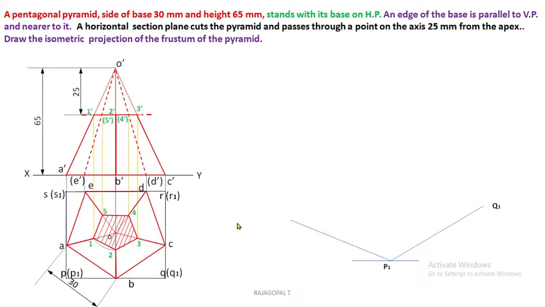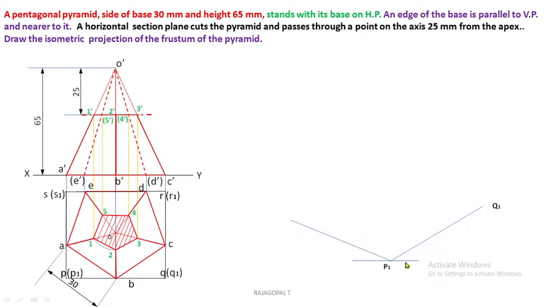So every measurement of this simple position of the solid has to be multiplied by 0.82 times to draw the isometric projection, foreshortened by 0.82 times. So for our better understanding, I have drawn somehow the dimensions higher than this one, but in your practical case, always remember this is the true length of the rectangle. Here it should be the foreshortened one by 0.82 times. For example, if it is 100 mm, here you will have to draw for 82. All the dimensions must be converted to 0.82 times.